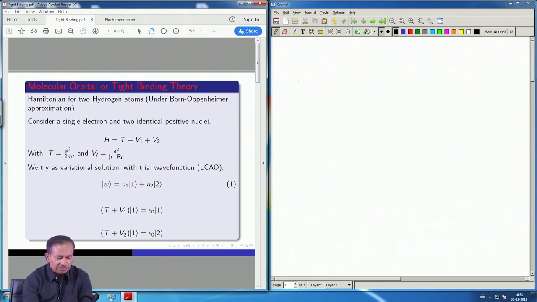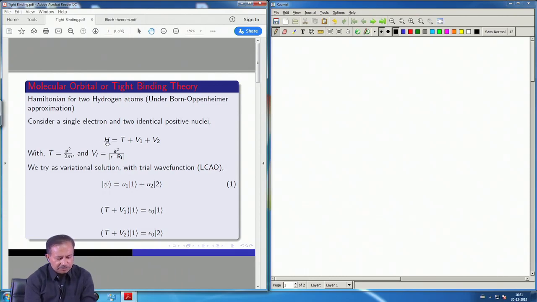So what we did was that we considered a single electron, for example, interacting with two positive nuclei. We could as well take two non-interacting electrons interacting with two nuclei, which is the same, because we are in a single particle description. So we will basically find out the final set of orbitals and put as many electrons as there are into each of these orbitals, starting from the lowest.